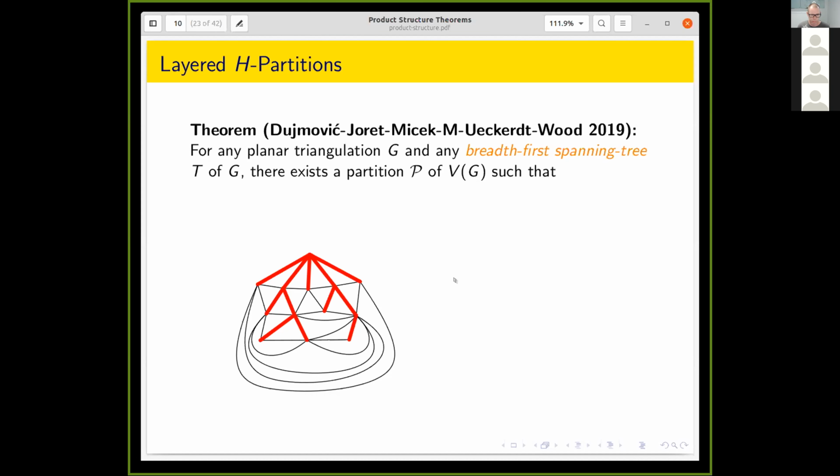Then you can partition the vertices of the graph so that each part of the partition is a vertical path in T. So what's a vertical path? That's just a path from some node in T to one of its ancestors. Vertical because we think of it as going up only towards the root. It doesn't go up and then back down. And notice vertical paths in T are shortest paths in the graph. So that's like the previous theorem, but now we're very specific about where these paths come from. They're these vertical paths in T.